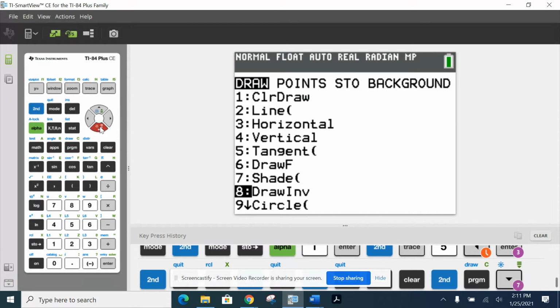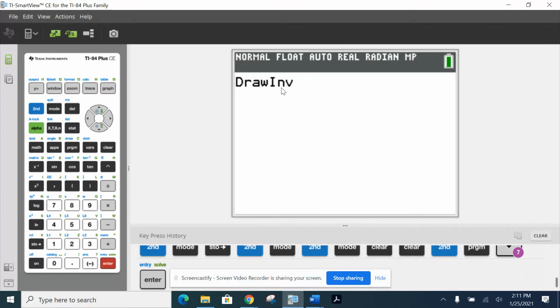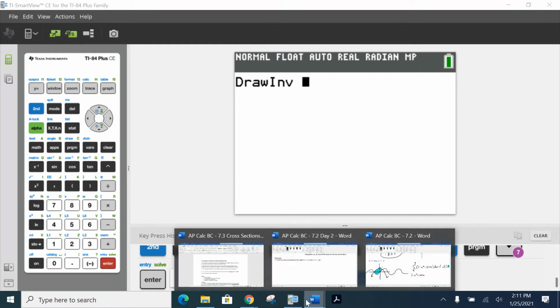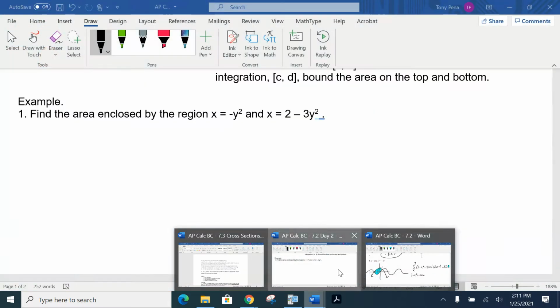Scroll on down to where it says 8, draw inverse. Hit enter, and you should be looking at this. And then you have your little cursor flashing at you. What we want to enter right here, where this is flashing, if I go back to our original problem, see how this,